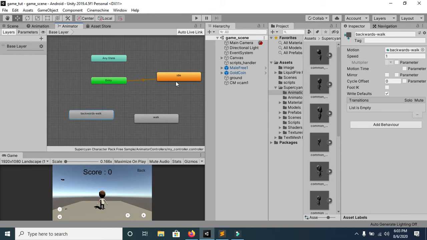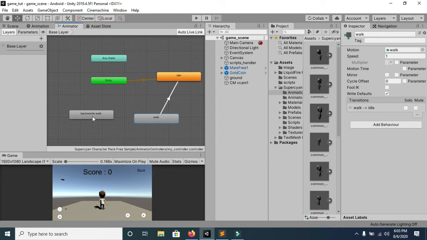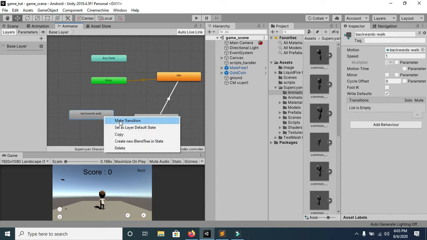Now what we need to do is call these states or these animations through script. We'll be writing a small two or three lines of code to call these animations. Once these animations are called, then we need to stop them. In order to stop them, we have to make a transition to the idle state. So whenever this animation ends, we want our player to stand idle.